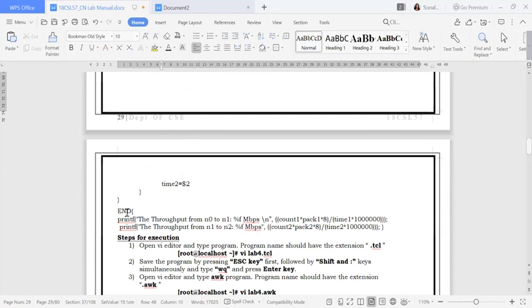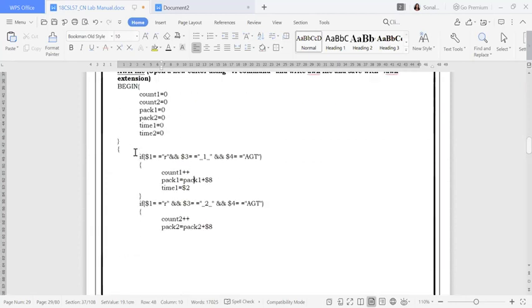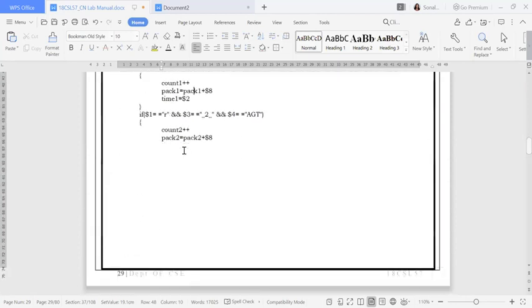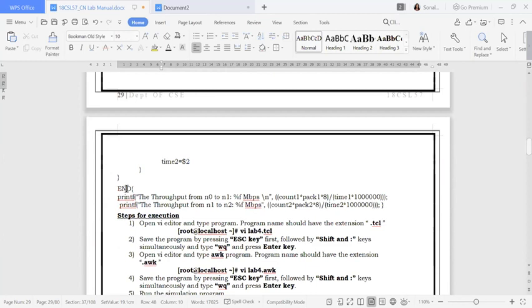Then you end this, because we began it here. You can see it has been begun here, so you close it. Then you write the printf statement, the throughput from N0 to N1. You calculate all these in Mbps. So this is the formula.